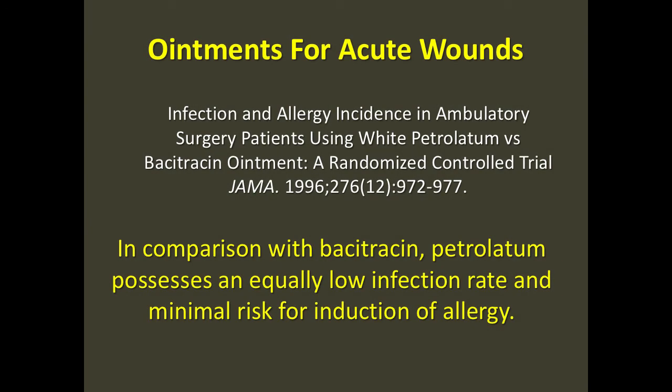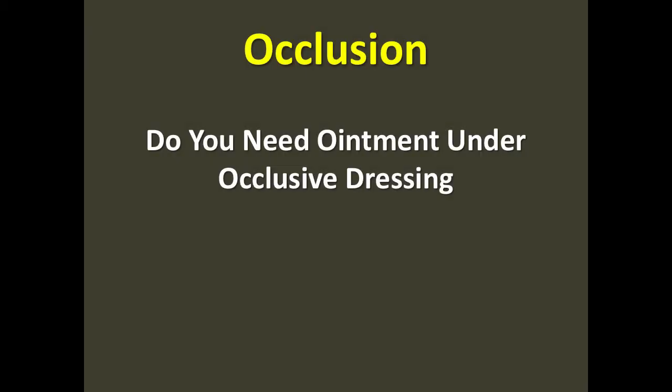Now, you're going to say, but what about ointments? Wasn't that this famous study in JAMA 20 years ago that said we should put Vaseline instead of antibiotic ointments on? What about that? And this was a famous study. It showed that in comparison to an antibacterial ointment, bacitracin, that Vaseline or petrolatum was equally good. So you go to clinic now, and instead of putting a bacitracin, maybe you're putting Vaseline on your wounds. Okay, so that's fine. But the question is, if you have this occlusive dressing, do you have to put Vaseline